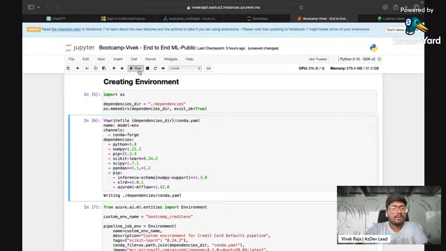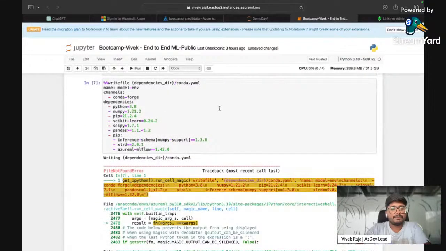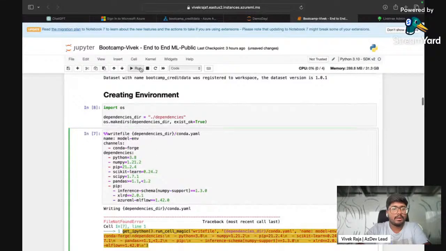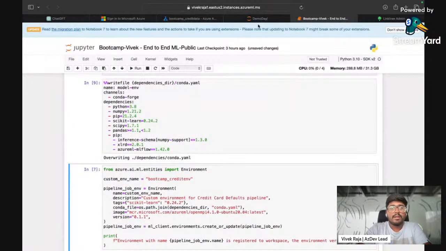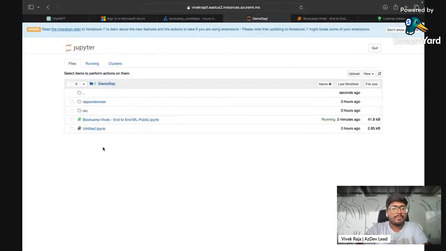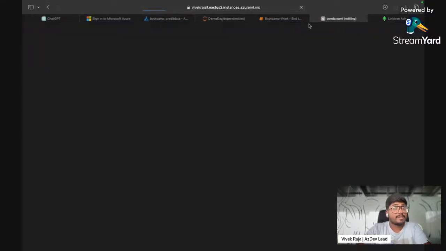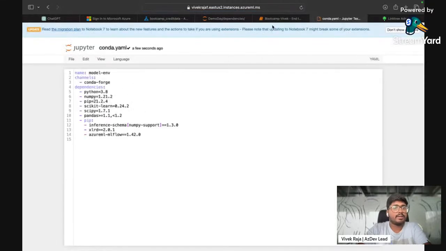Once I run it, first I need to create this environment, and then I'm going to run this. If you go here, it has created a folder called dependencies and it has a file called conda.yaml, which has exactly the content which we have written over here.